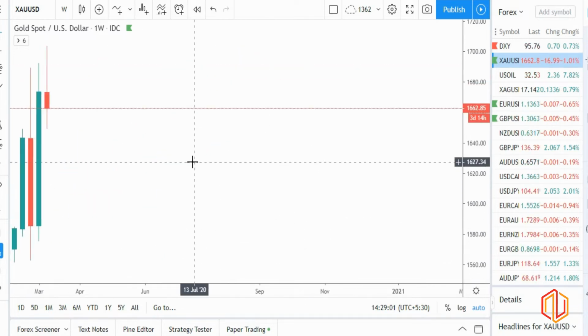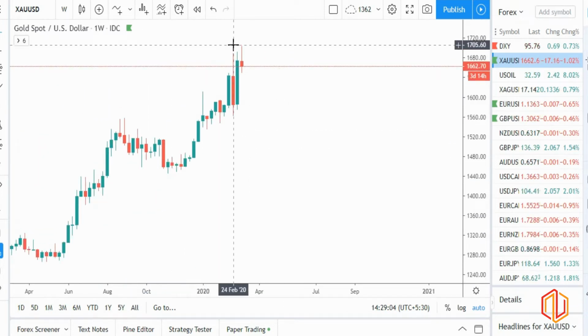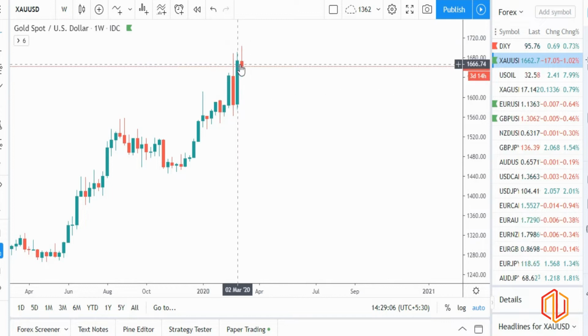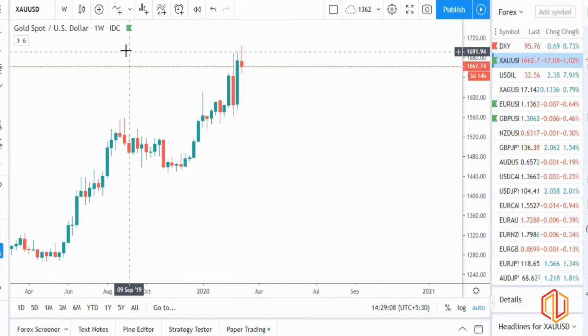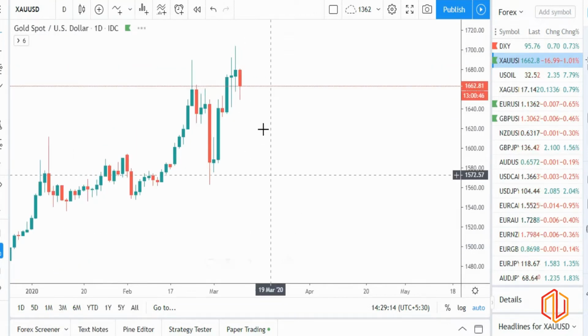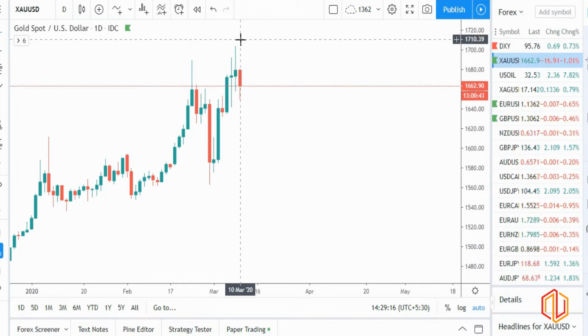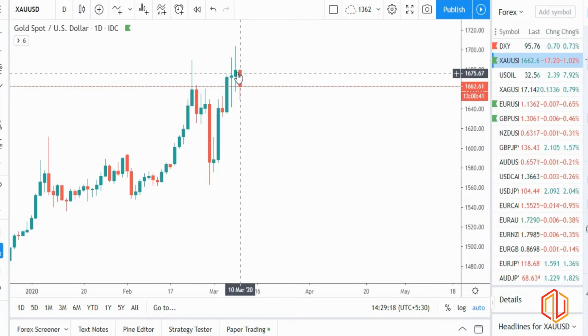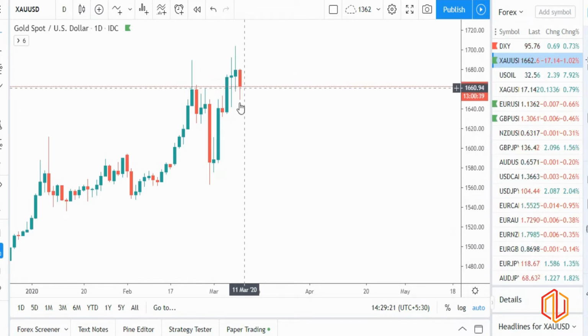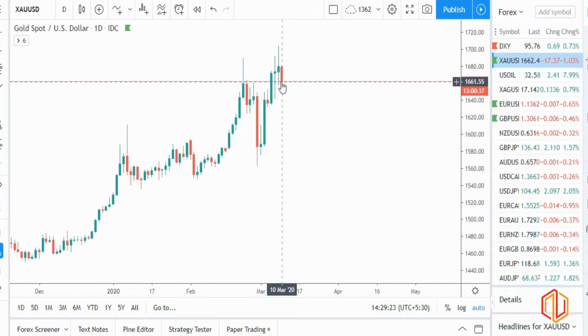XAU USD, you can see the candlestick last week was a strong body dominating candlestick, did not close above the high, but is still showing us that the momentum is on the upside. Again this week the market opened with a gap, so although it opened with a gap, it did a pullback and then we had indecision, but the price is maintaining its support above the 1660 level. So as long as we can see